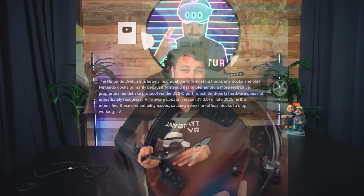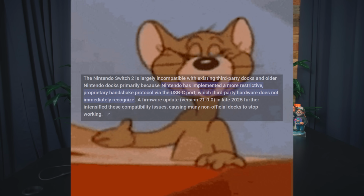The Steam Deck though is super cool with these. And it saves a bunch of battery life. We talked about that already. It's actually got me thinking about getting a Steam Deck, just having these, because the one thing I really wish, and this isn't these glasses in particular, but they made the Switch 2 very incompatible with these things in general so far, and we haven't been able to find many that you can use the Switch 2 with. But the Switch 1